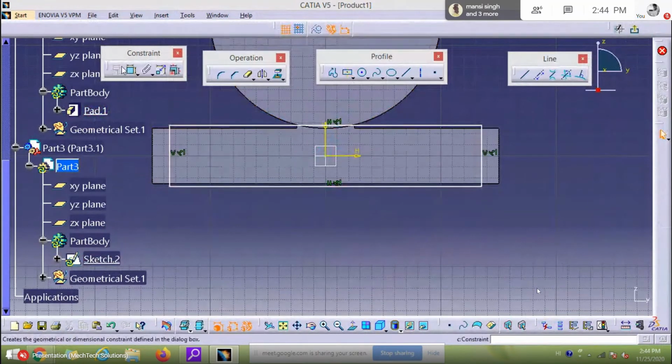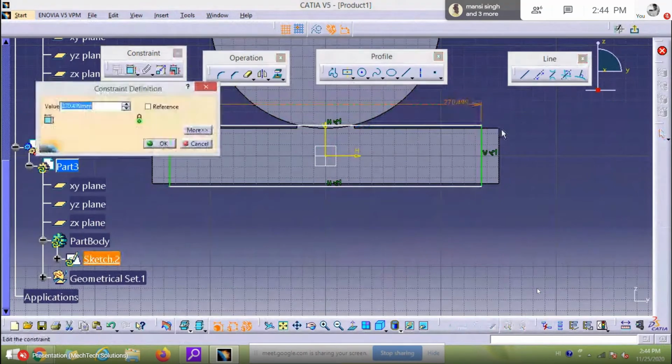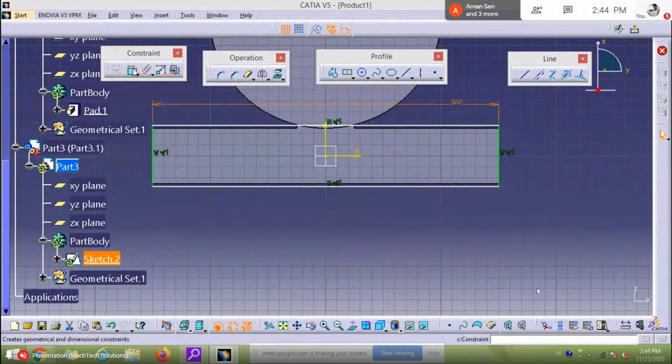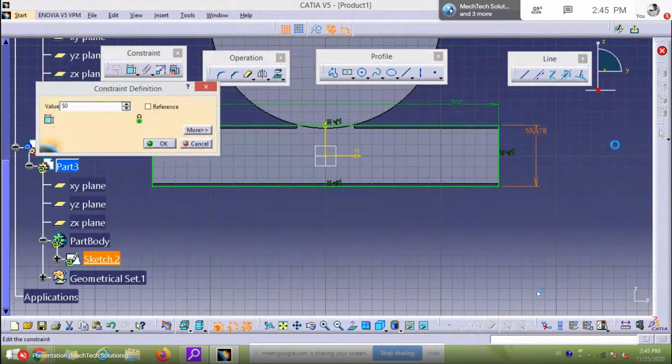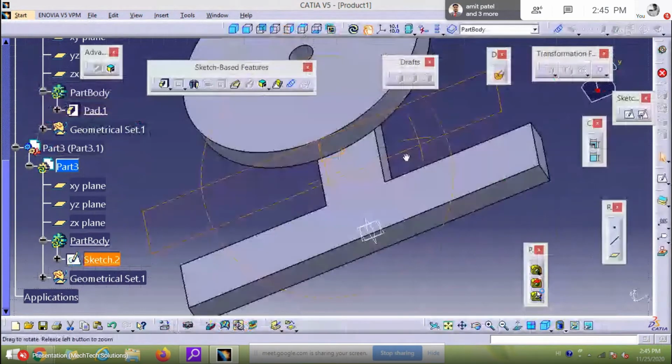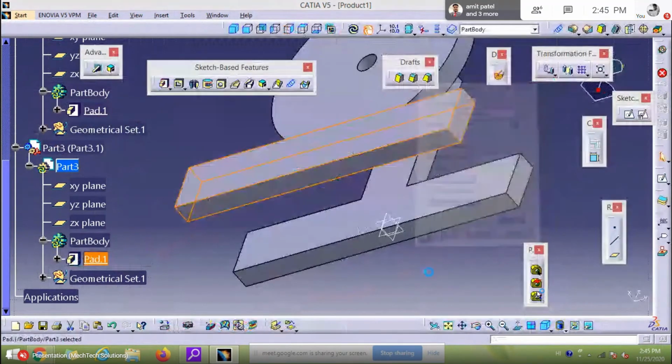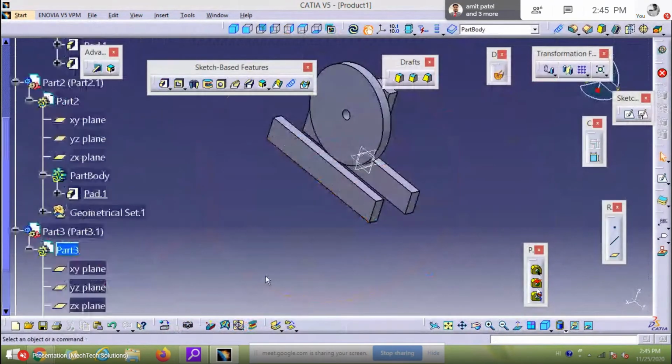What will be dimension? 300 and 50. Pad it by 20. It's a rack.